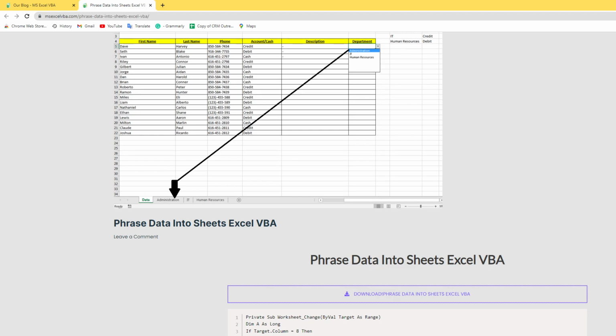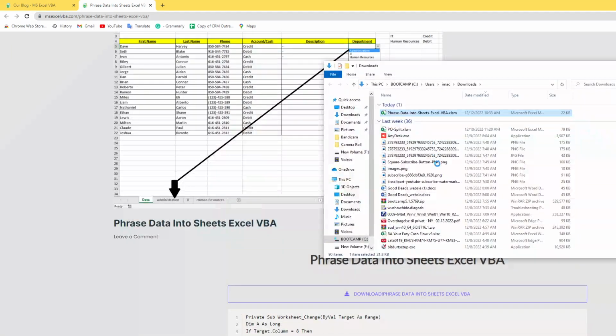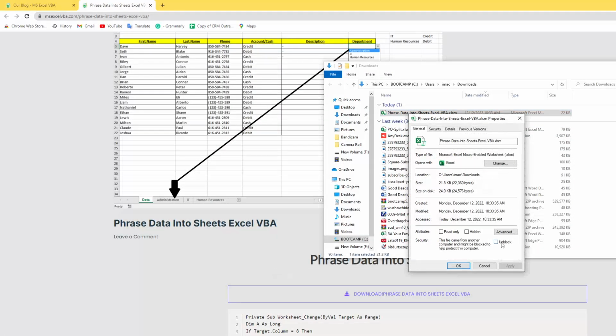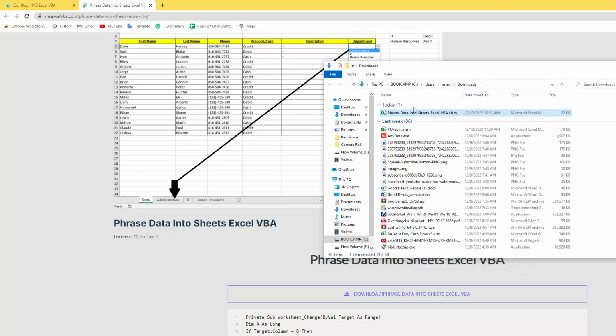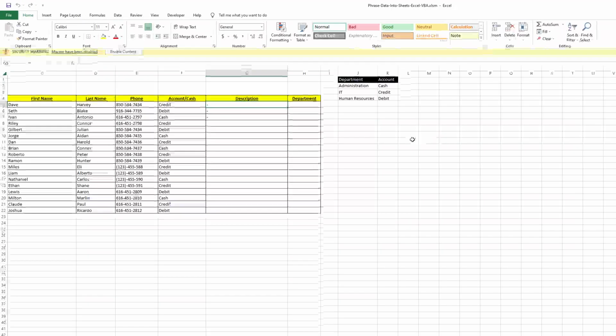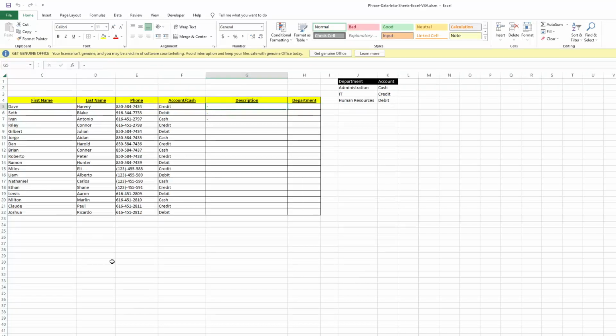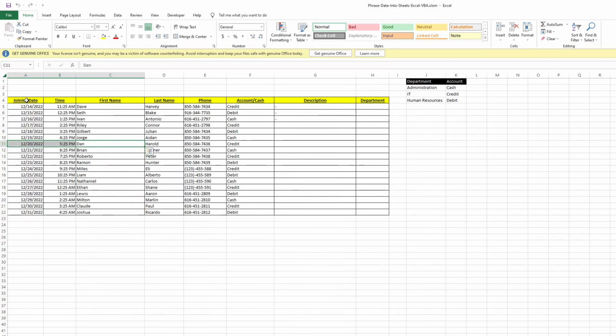Okay, this is downloaded. Show in the folder. First of all, go to properties and unblock it. Just open it. Enable the content. See here, we have three departments and three accounts, and in this data, joining dates,